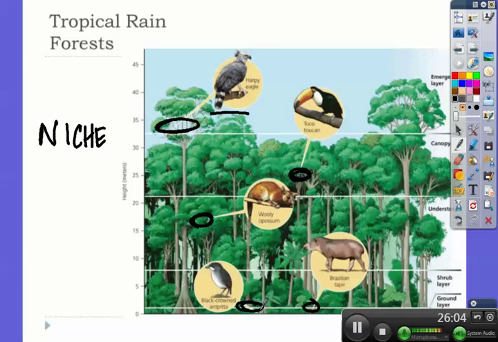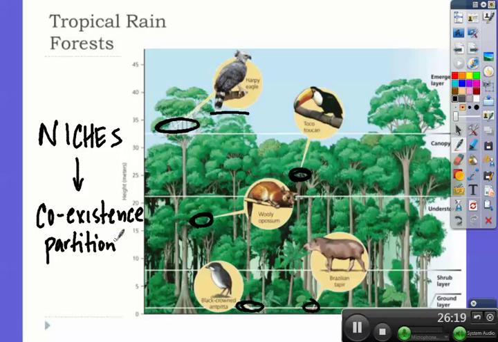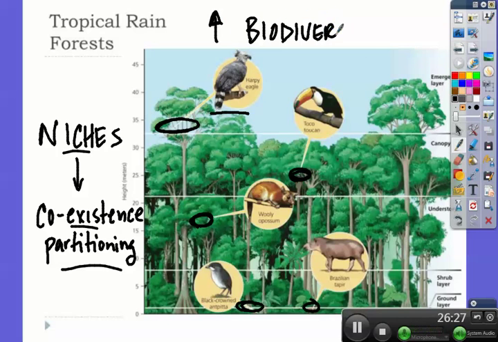And fortunately, because they're so specialized, each of these niches leads to coexistence. Almost a sense of resource partitioning. And all of these things together lead to a maximum in biodiversity.